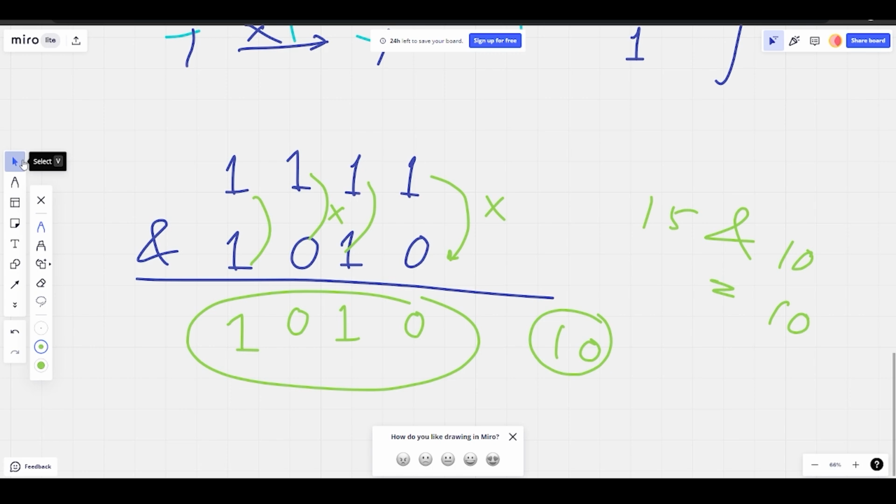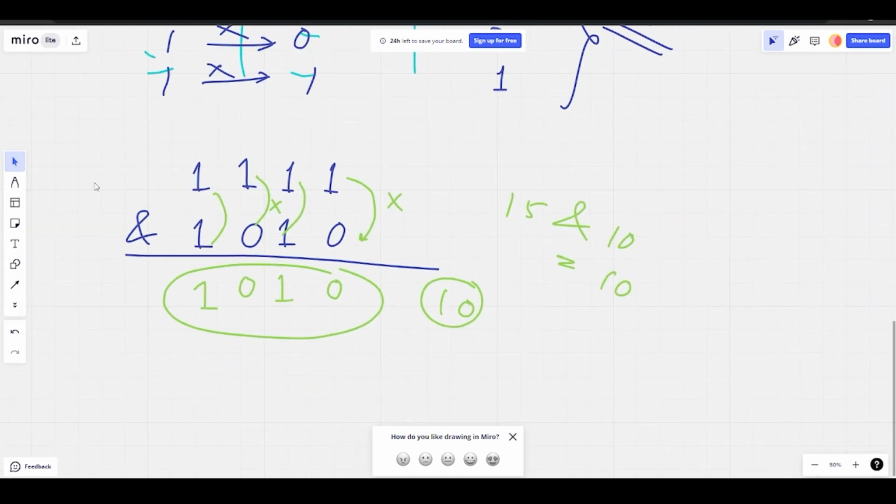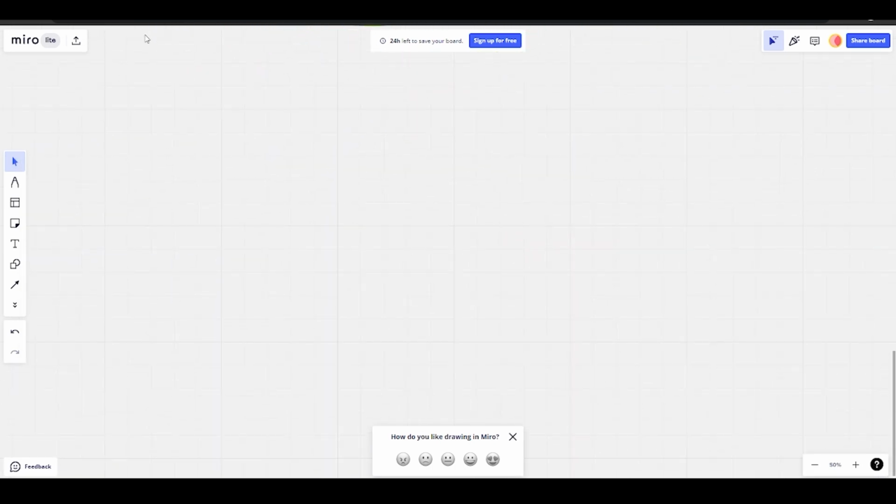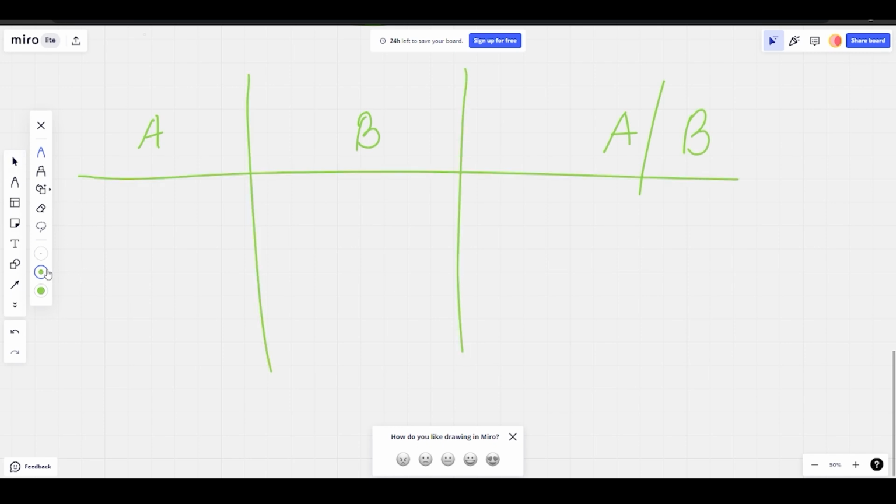If I show you the OR, it is a little bit different. The truth table will be a little bit different here. If I have to draw it, here A, B, and we write A, then a dash like this, and write B. The inputs will obviously be the same, because those are the possible inputs for every truth table when there are two inputs. And here you can think of it like a plus, or addition. That means 0 plus 0 is 0, 0 plus 1 is 1, 1 plus 0 is 1.